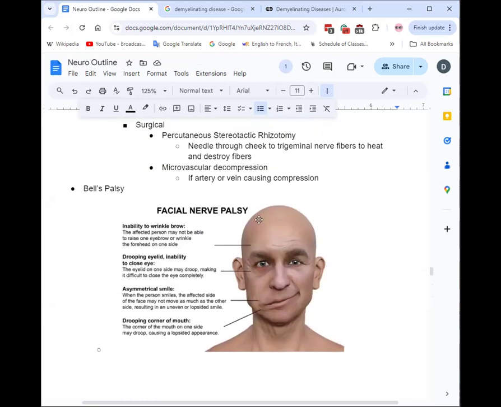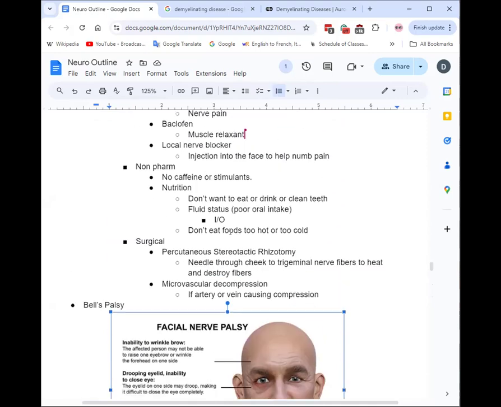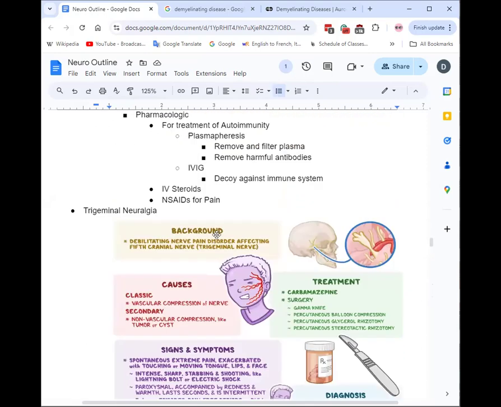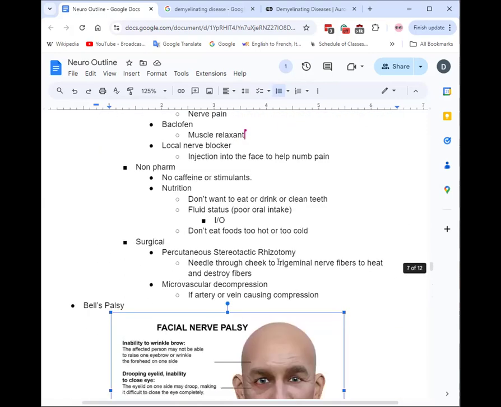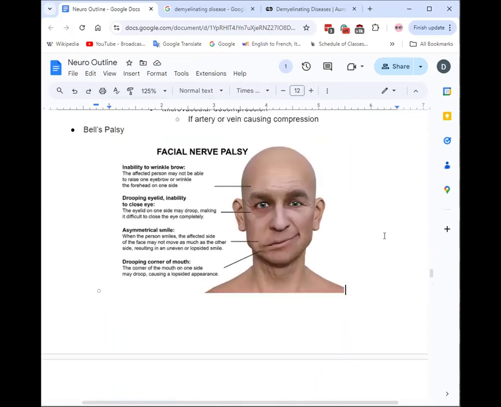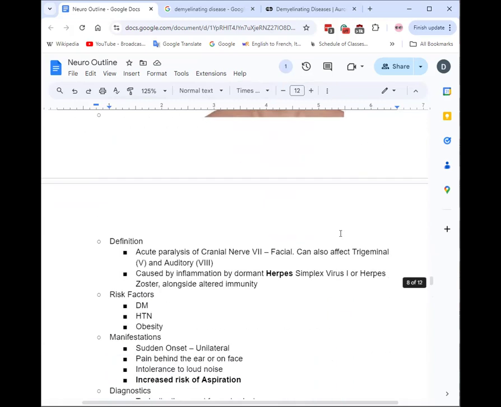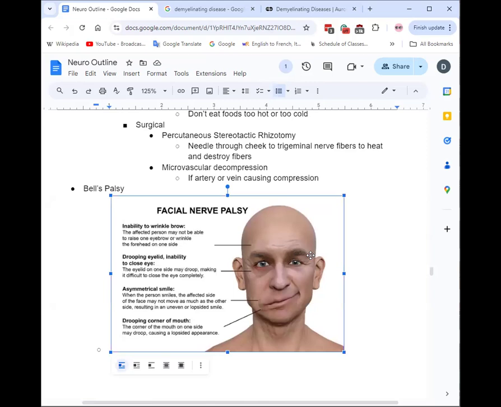Just keep thinking of this guy's face. Keep thinking of this picture, and hopefully that's all you need. I can't imagine this being too in depth for that. Probably similar with the trigeminal. He's kind of creepy though. Kind of, yeah. He's got that Bell's palsy.